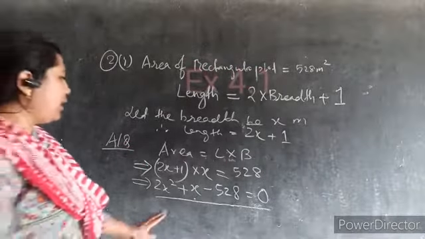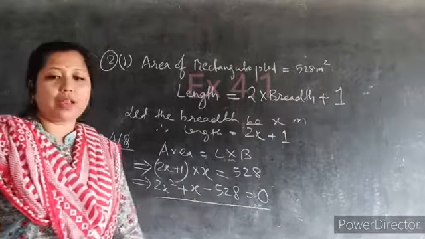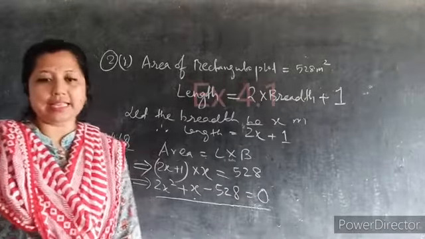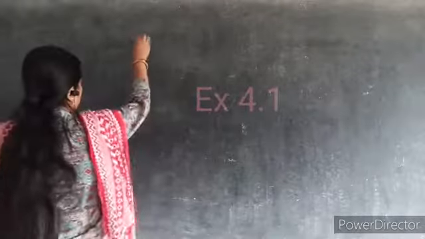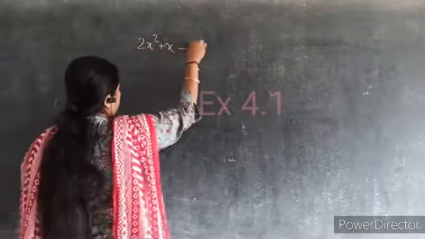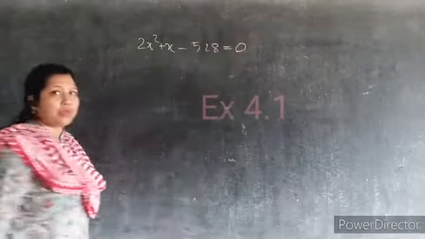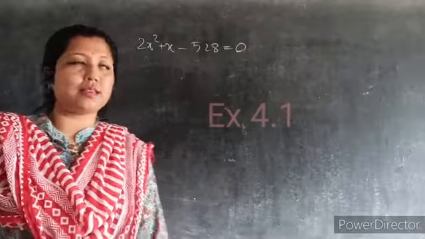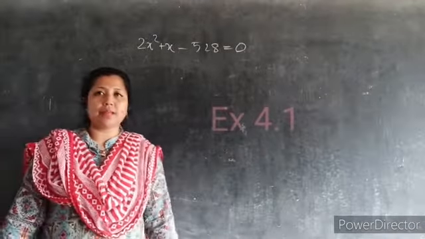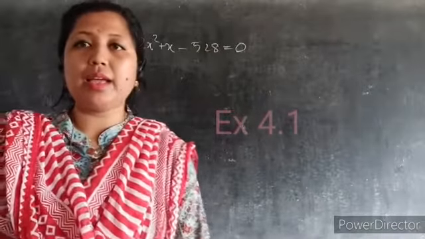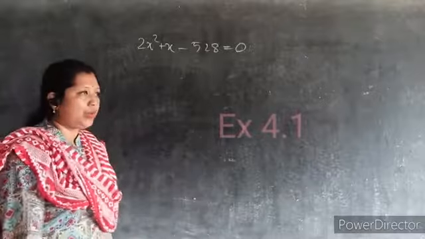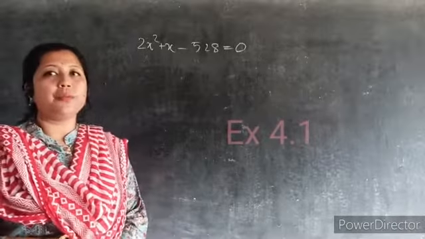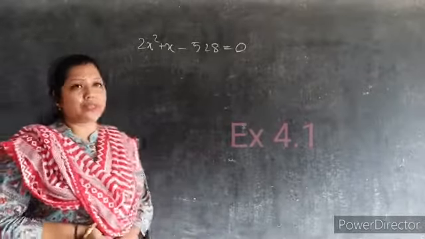So if you solve this equation, we are able to find what? The dimensions of its length and its breadth. So 2x square plus x minus 528 equal to 0. So in my last video, we have discussed the methods in solving the quadratic equation. I have discussed 2 methods. The third method was completing square, which I will discuss in my other videos. Okay. But now already we know there are 2 methods which we have learned. One is the factorization method and another is your quadratic formula method. Okay, so we will be doing the question in quadratic formula form.